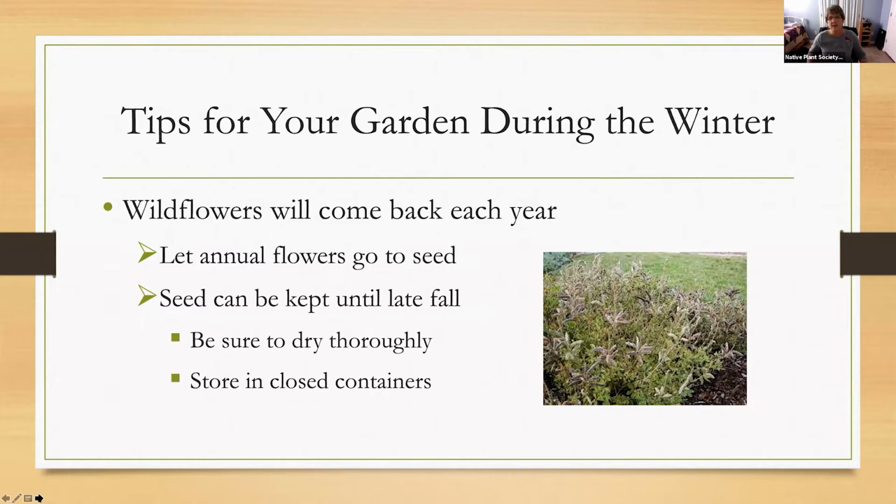So if you're going to go about planting a wildflower garden, one of the advantages of that is that you're not buying plants from some big box store or nursery every single year. You can let your flowers go to seed if you're able to do that. So that's what your bluebonnets typically look like, right? As they go to seed, they get all pretty dry,